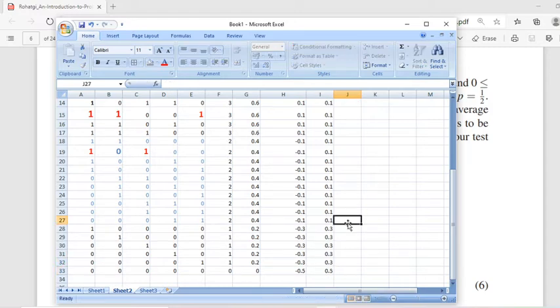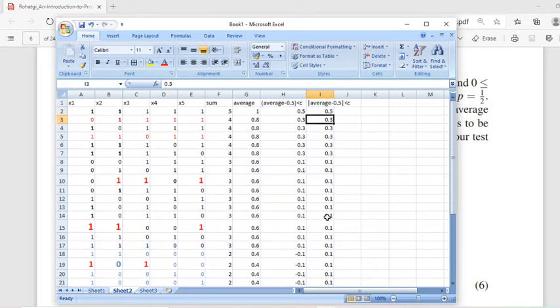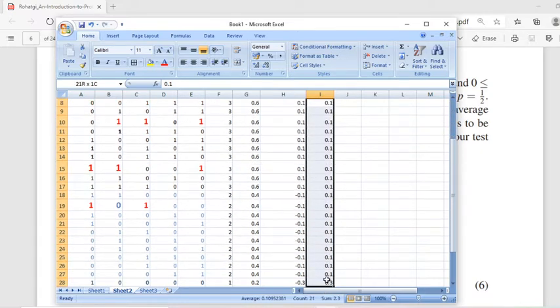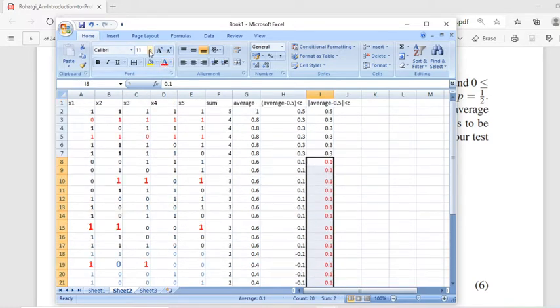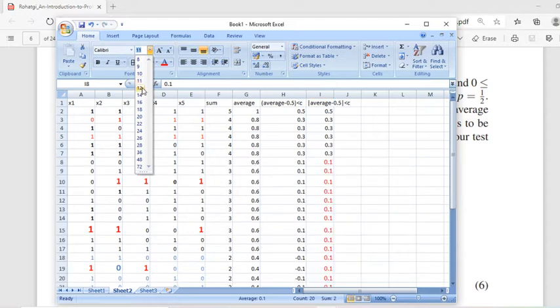So these are the mode values. This is the mode values. So 0.1, 0.1, etc. Look at this region. Look at this region. So in this case, if the observations are